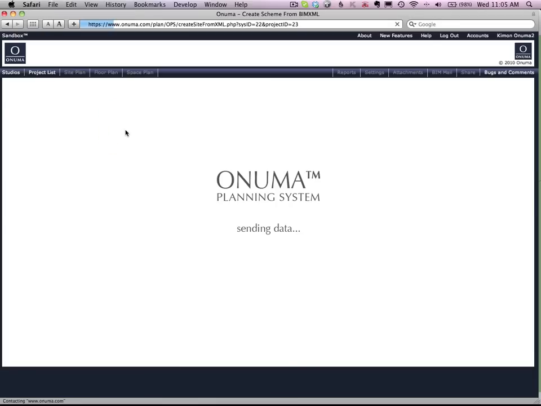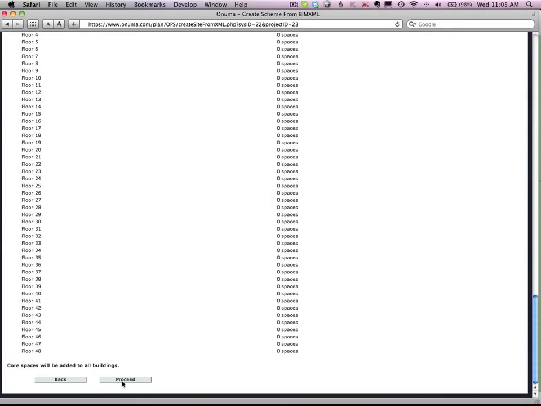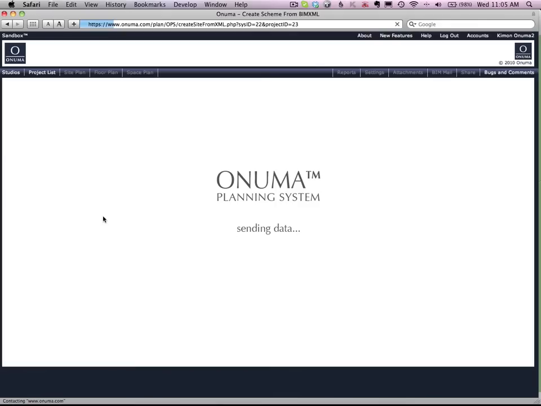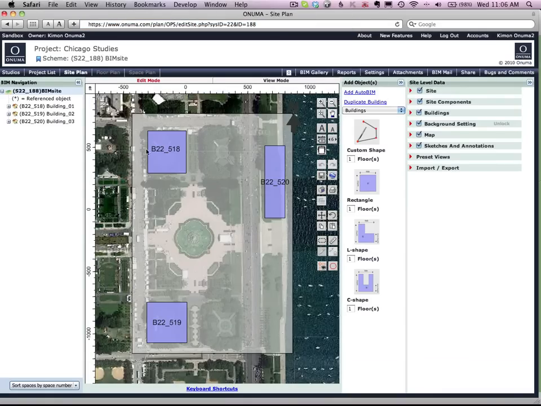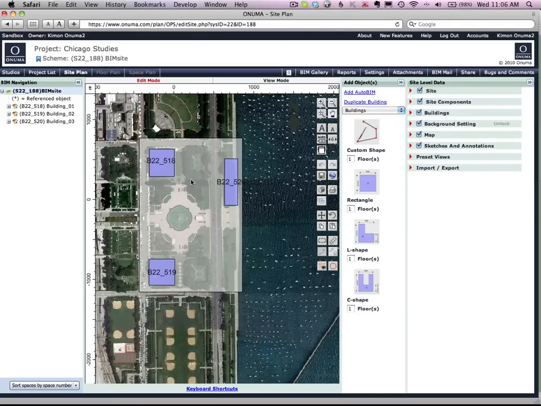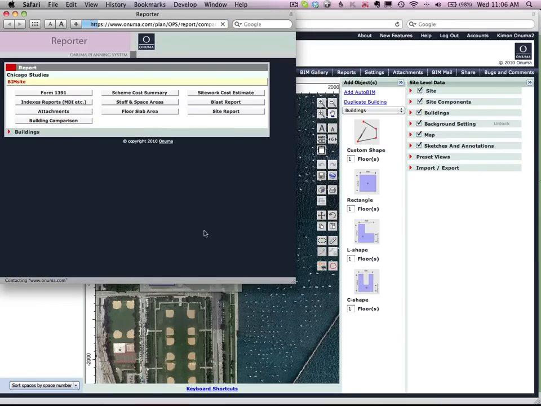It imports what was exported from SketchUp and actually creates a BIM with 3 buildings and about 173 floors combined, about 45 floors, 48 floors in each building. So within a few minutes here, it's imported those 3 buildings into the Onuma system, and now we're in the building information modeling world. These actually have data attached to them, so even by default, if we create a report